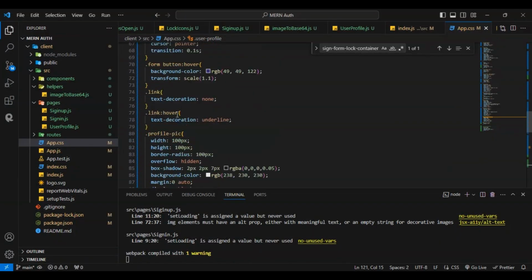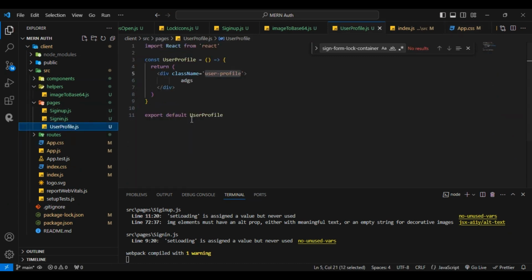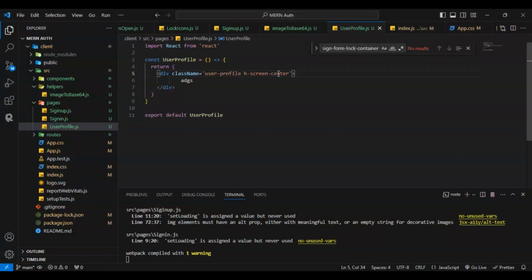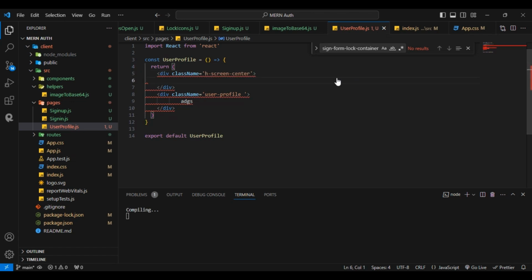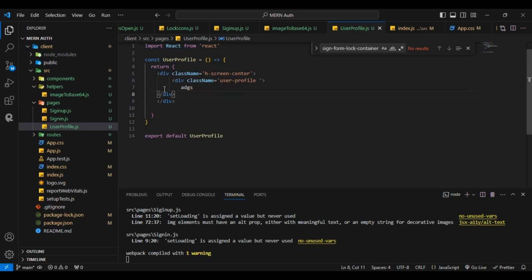For that, where I created this just container center, like that. Just copy this and come in the profile section. I will give this class name, and here now see it will be coming in the center, but I want it like that. And here I will give the class. After that, let me just cut from here. Here I will paste it,